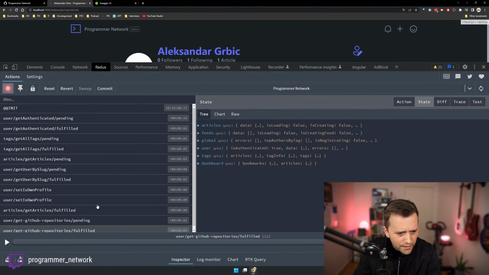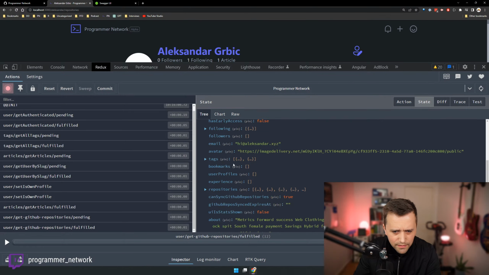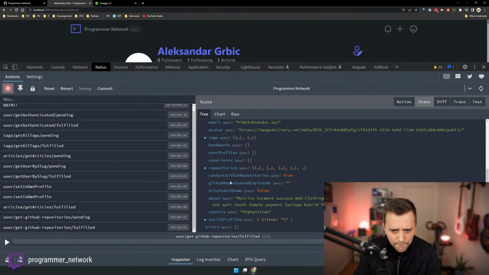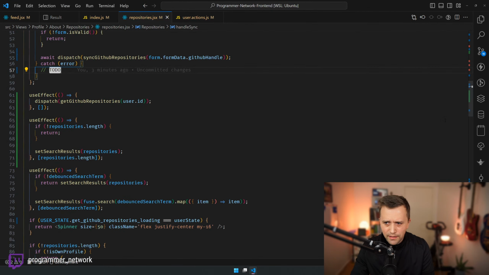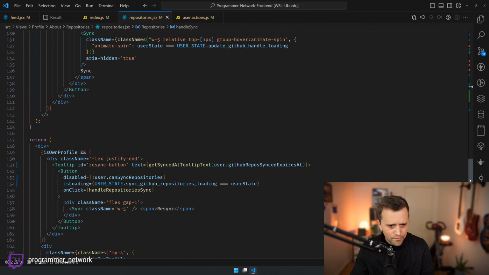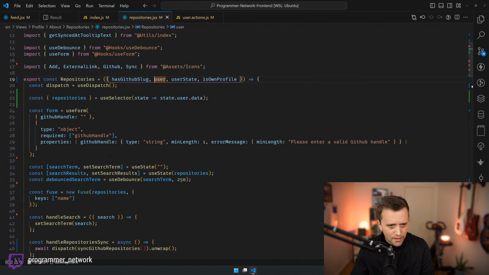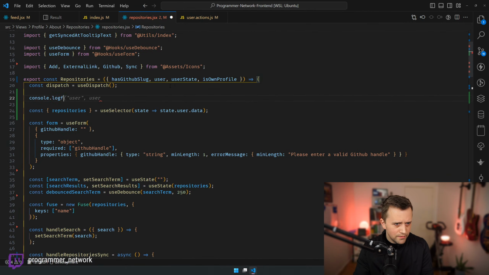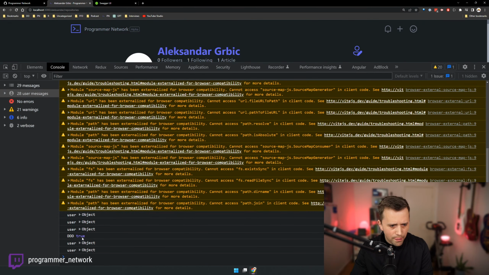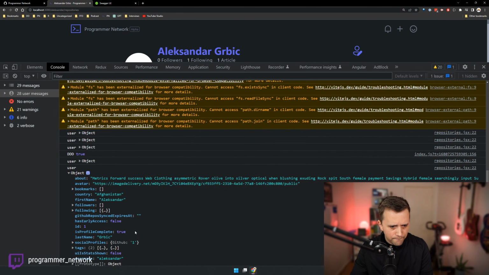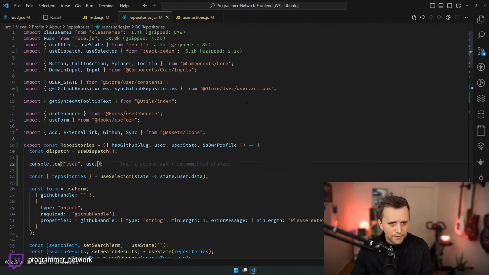And are we actually setting that state properly? User data can sync GitHub repository is true, right? So we are, so that's good. So it seems that this button is not wired to the proper thing. And the only thing I can think about is that this user doesn't actually carry this information. So let's see. Most likely, I'm almost 100% sure. Yeah, it's not here. Okay, fair.